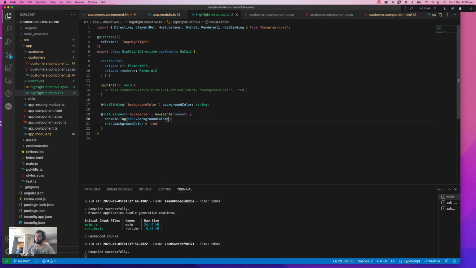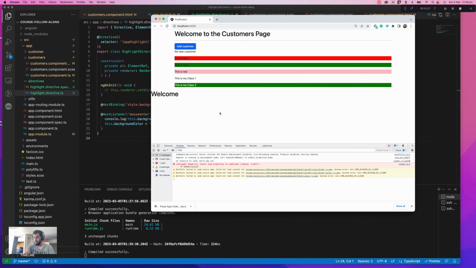But the HostBinding should be used to access the native element. Let me give this a look. Okay, I apologize. The thing which I missed over here was this style. That was needed. The input string was just backgroundColor. That's not the right syntax. We need to have style.backgroundColor. And if we go back and hover over the application, like there, the h1 tag, you can see that